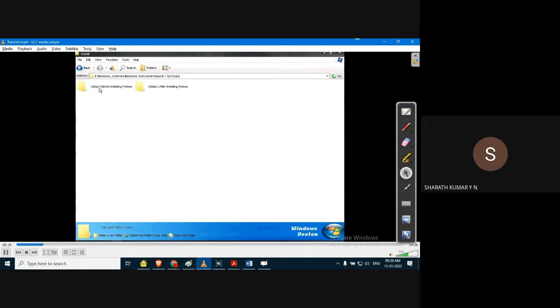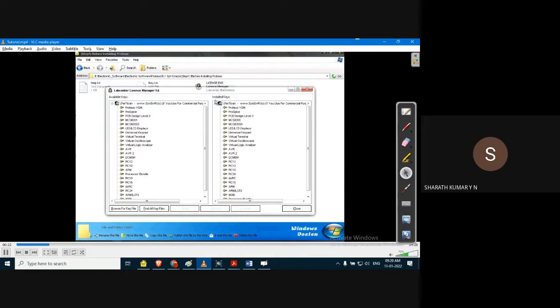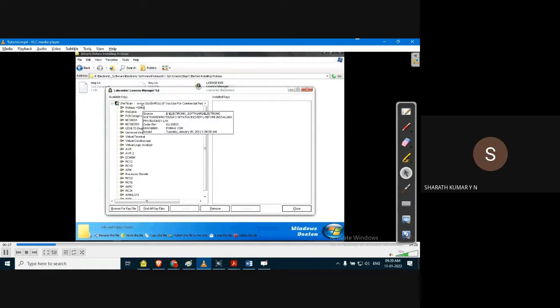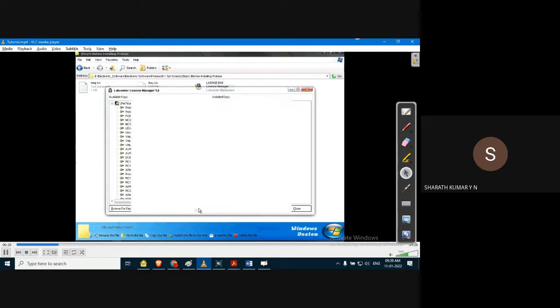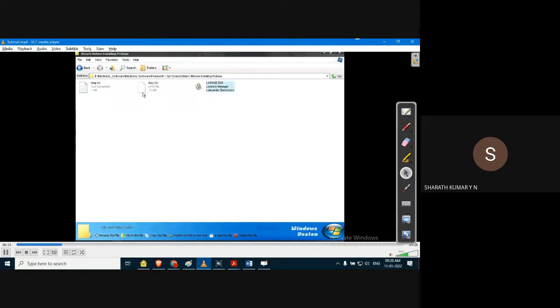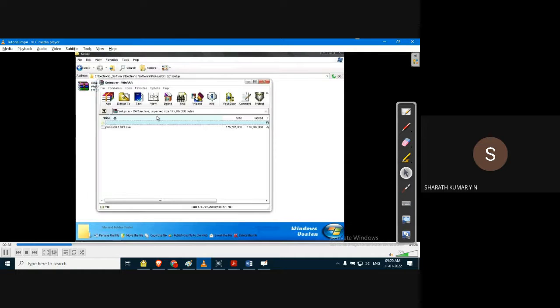If you click on that, you will find the license key, license module. Click on that, and then freshly install, close. Okay, so this is the first step in the installation. Next step, install the software. In the folder shared with you guys, this zip file is already extracted, so you can straight away install the software. You need not extract, it's already extracted.